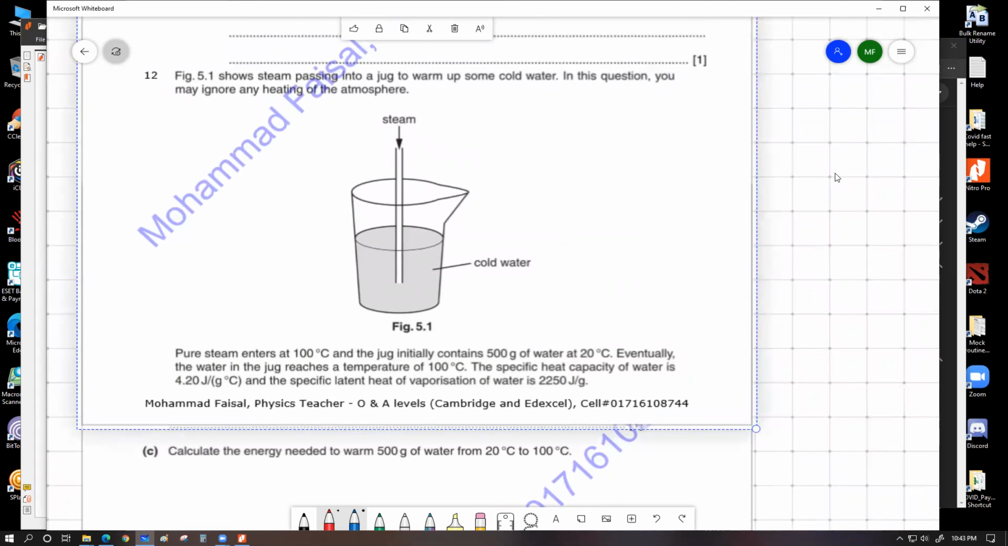Let me try to elaborate the content of this question for your easy understanding. Take a good look at the figure. What does the figure tell you? We have some cold water and we're going to blow steam into this water. So steam comes in at some temperature. Steam is not essentially 100 degrees Celsius. The minimum temperature at which steam